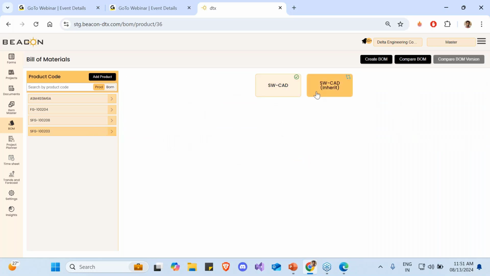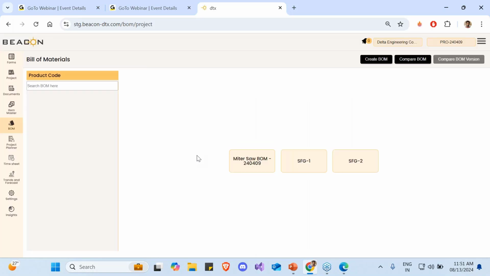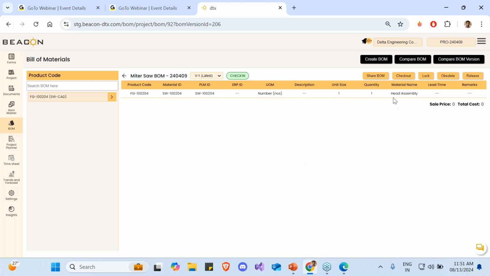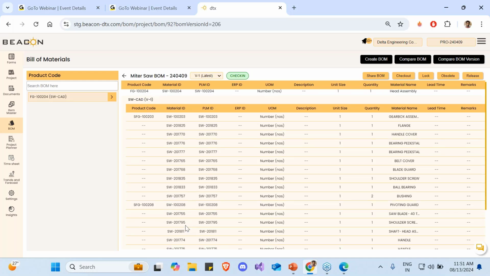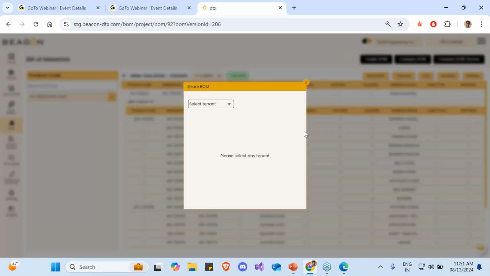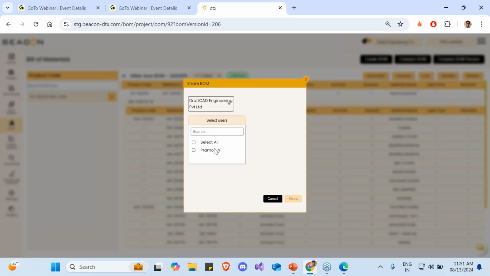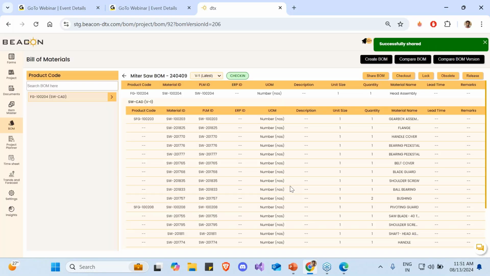Now once I create any of these BOMs, let me go back to this project over here. Whatever we were seeing was on the master level. But when it comes to the project, I have these three different BOMs that I'm utilizing for my activities. If I want to share this particular BOM with the vendor, here I can see the complete hierarchy of this BOM. So I can share this BOM. Again, similarly, select the company with whom I want to share this, and select the user. Let's say I'll select a different user this time, in this case Pramod. I'll share this because this form is being worked on by another vendor.